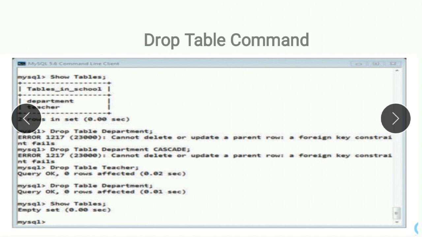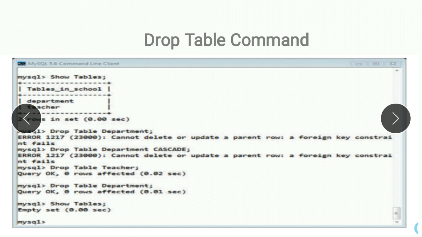If you have used drop table department cascade, it means that you will remove all the constraints along with that table. But again you can see the error, cannot delete or update a parent row, a foreign key constraint fails. It is because you have used this table as a reference to another table. That's why you are not able to delete it.